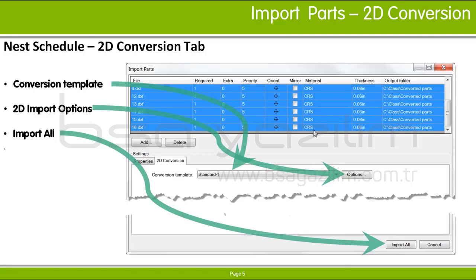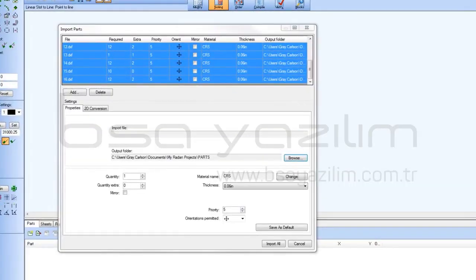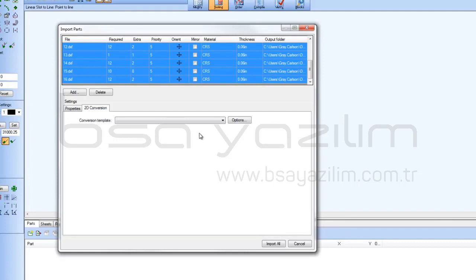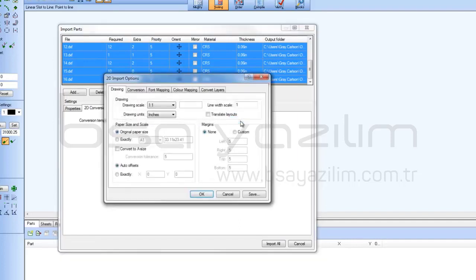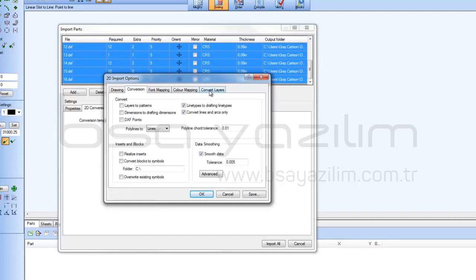Let's take a look from within Radan. Similar to the Options button available in the Open Drawing dialog we just mentioned, the 2D Conversions tab also gives access to the list of 2D conversion templates, as well as the 2D Import Options dialog for setting options or defining templates.